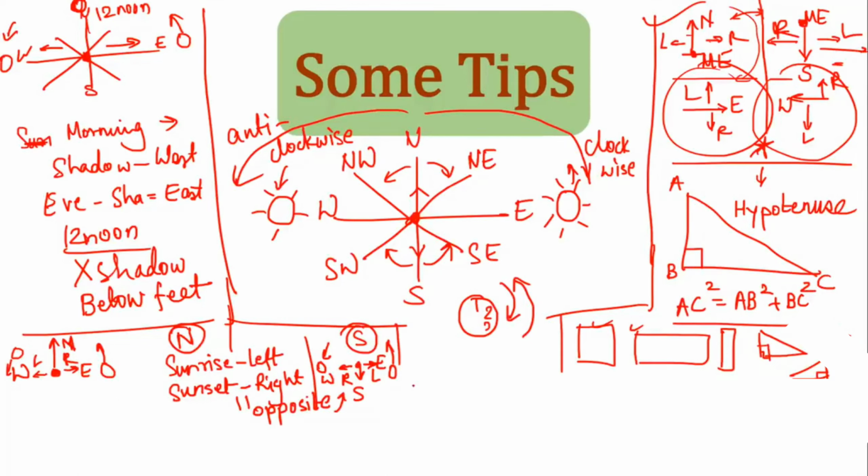So remember this concept, we will be seeing it in sums also. So clockwise, anti-clockwise, turning right and left when we are facing north and south, then the hypotenuse or the Pythagoras theorem, familiar geometrical figures, and where does the shadow fall. These are the major things that would help you to very easily solve the sums. So let us see sum number 1.